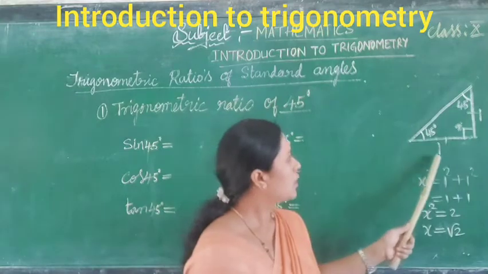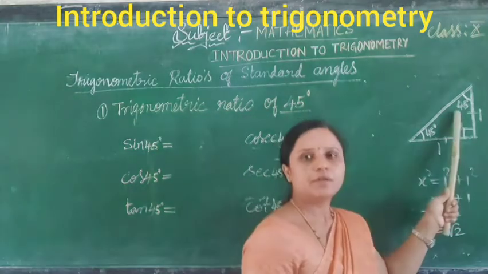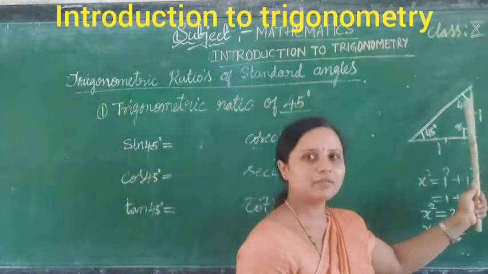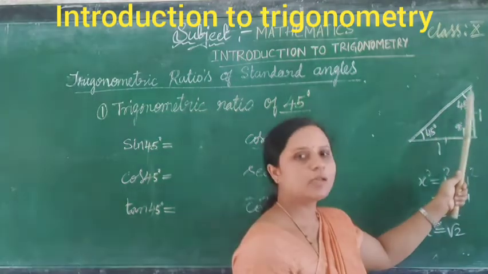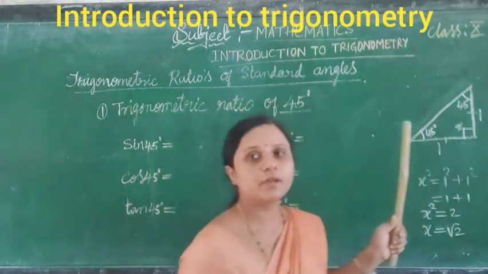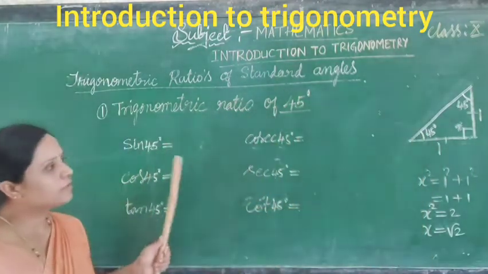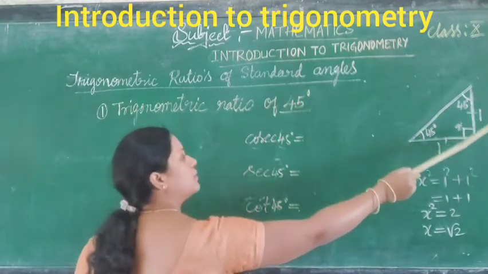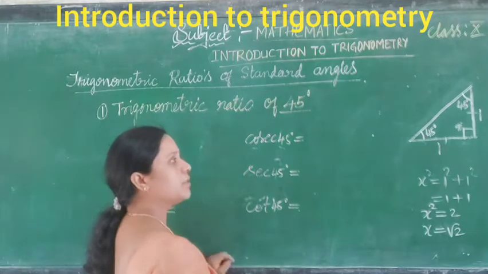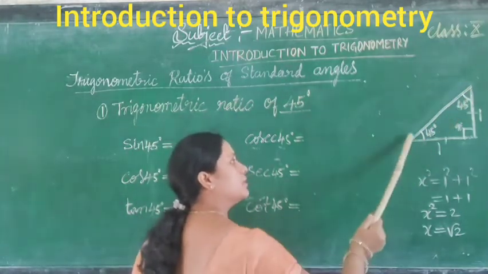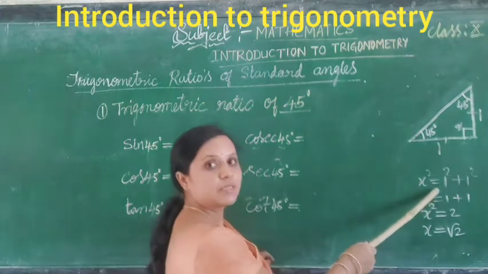So now I want to find the values of 45 degree. You take any angle here because these two angles are equal. So I will take this angle. Okay. So what is sin 45? Look at that figure. Sin 45 means opposite divided by hypotenuse. What is hypotenuse side? Here we can find the hypotenuse side, this side, by using Pythagoras theorem.